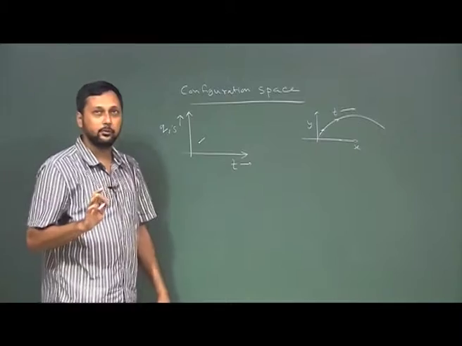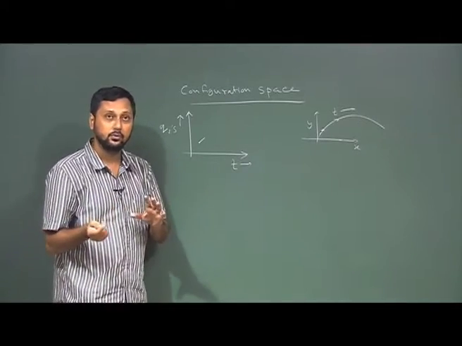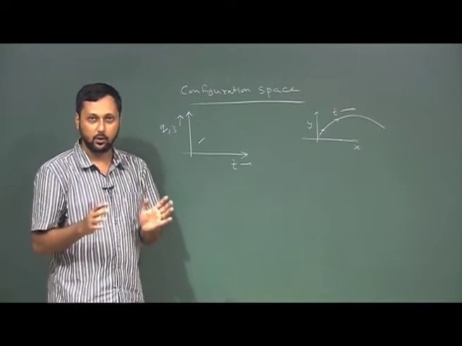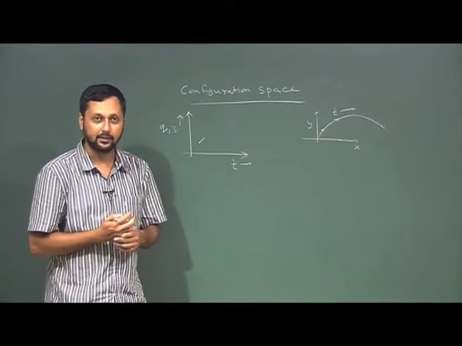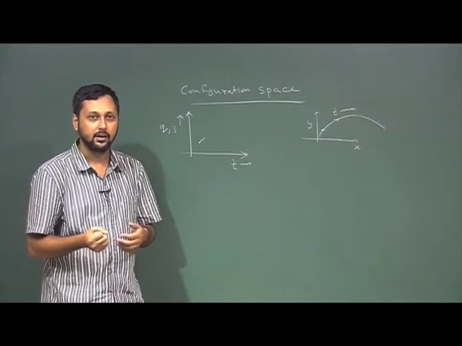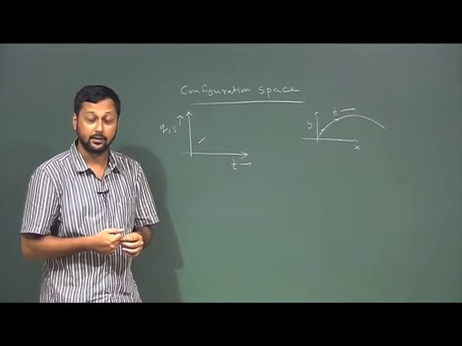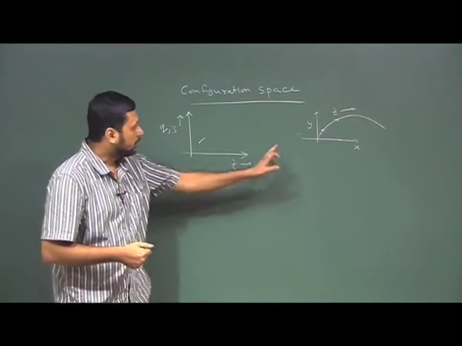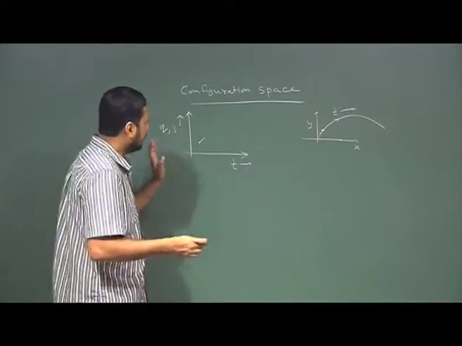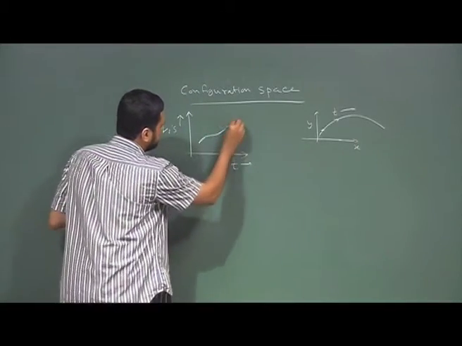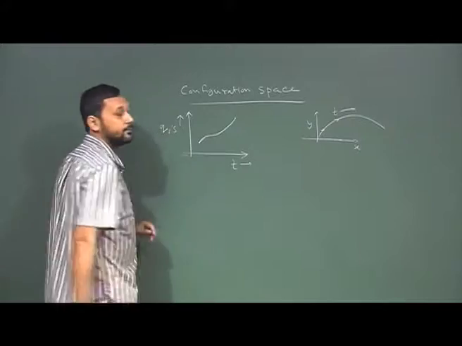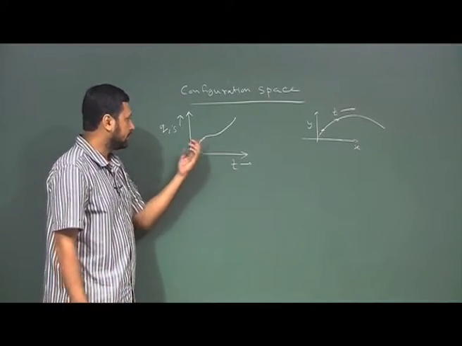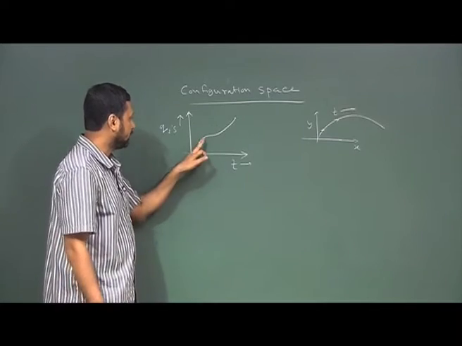Now, this is more of a hypothetical concept, and it is sometimes not very easy to visualize. People use it a lot in theoretical mathematics and mechanics, and even in condensed matter physics it is widely used: the configuration space. For this type of motion there will be an equivalent trajectory traced out in the configuration space.